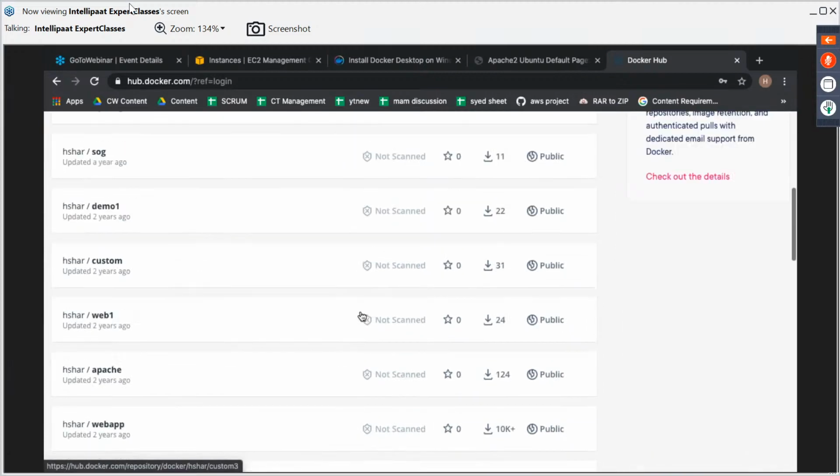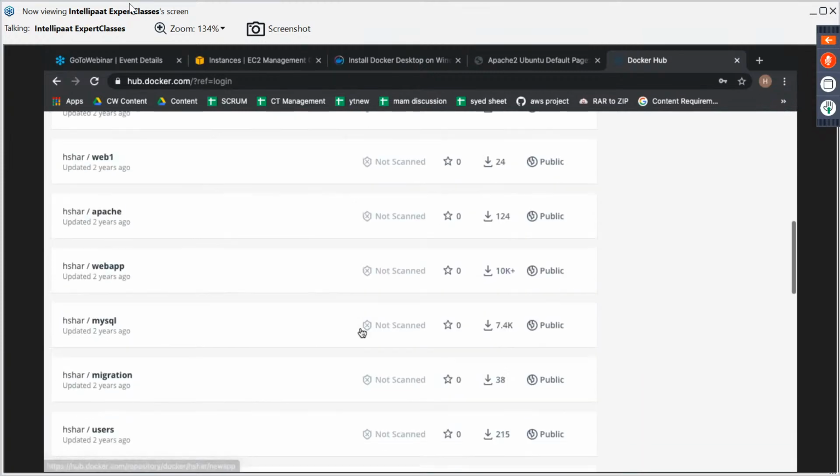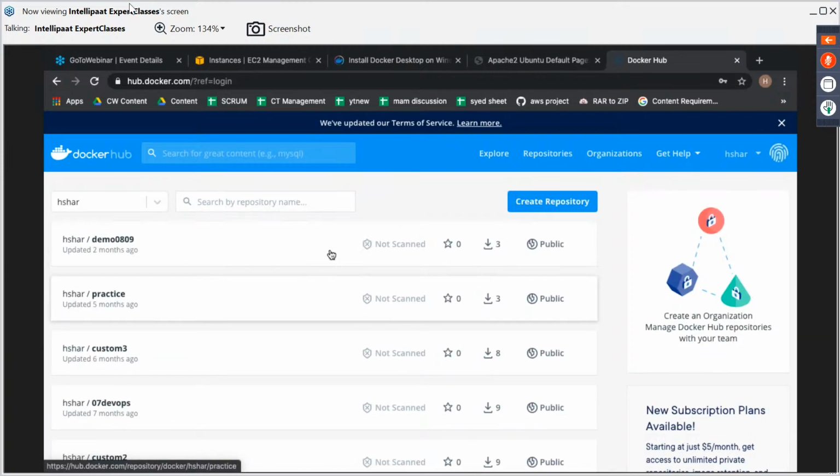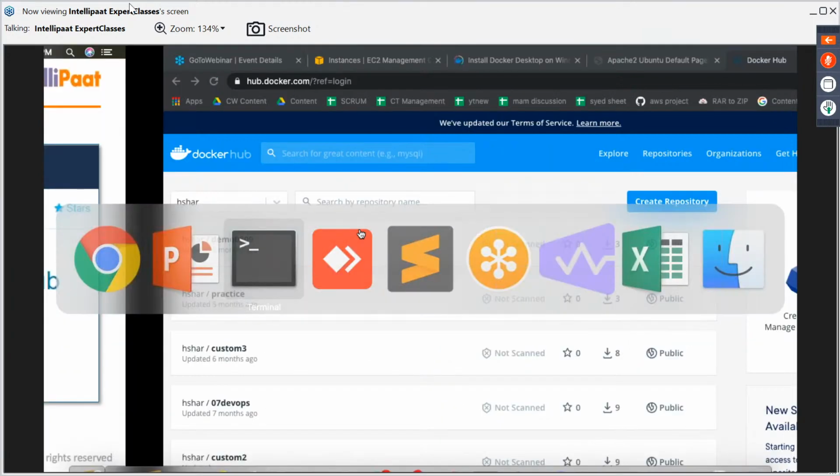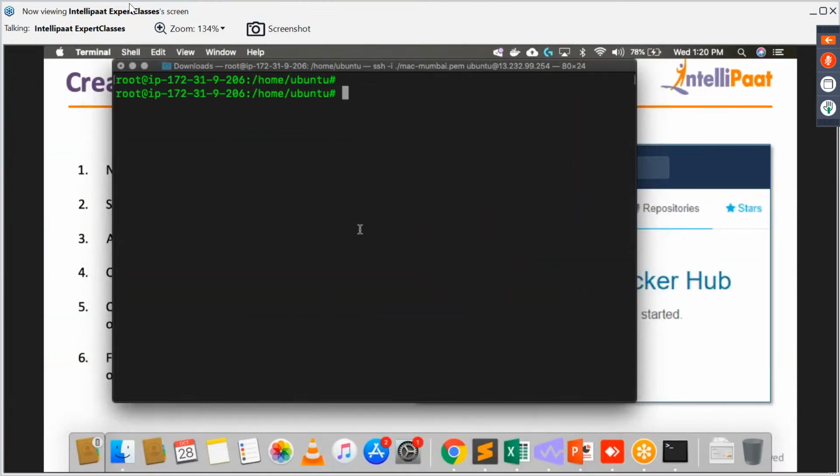I have all these custom images that I have uploaded, right? And now if I want, I can upload a container over here in this Docker Hub account. How can I do that? First I'll have to create a custom container. So for that, I'll have to go to my